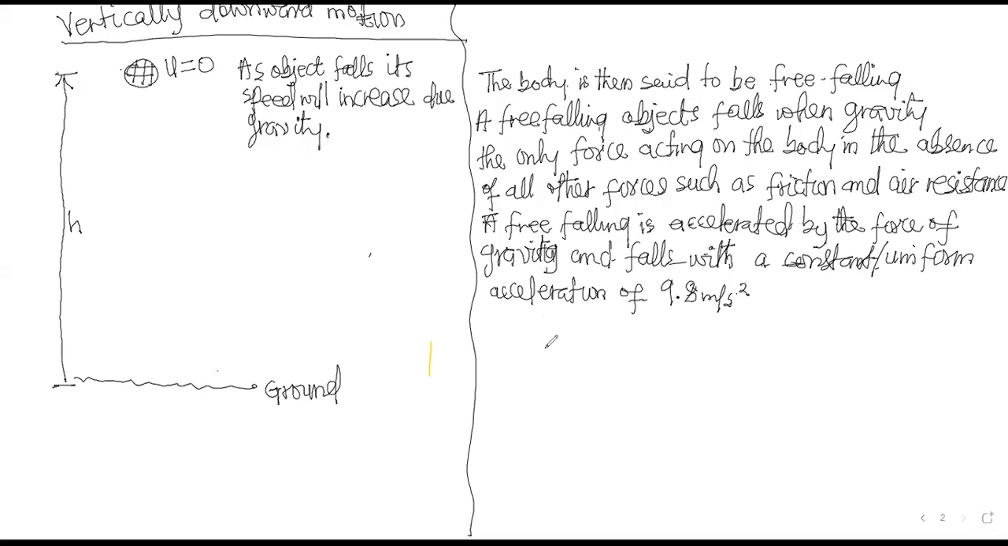So for a free falling body, it is accelerated by force of gravity and falls with a uniform or constant acceleration value of 9.8 meter per second squared, which sometimes is approximated as 10 meter per second squared. For a free falling body,